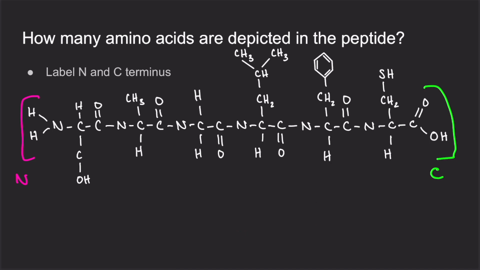Okay, we could also count the R groups, right? Because every amino acid has one R group. So if you have 12 R groups, you must have 12 amino acids. You could do that, except you'd have to be able to memorize every single R group and be able to identify them. It's just not always easy. So the way I like to do it is I like to search for the,